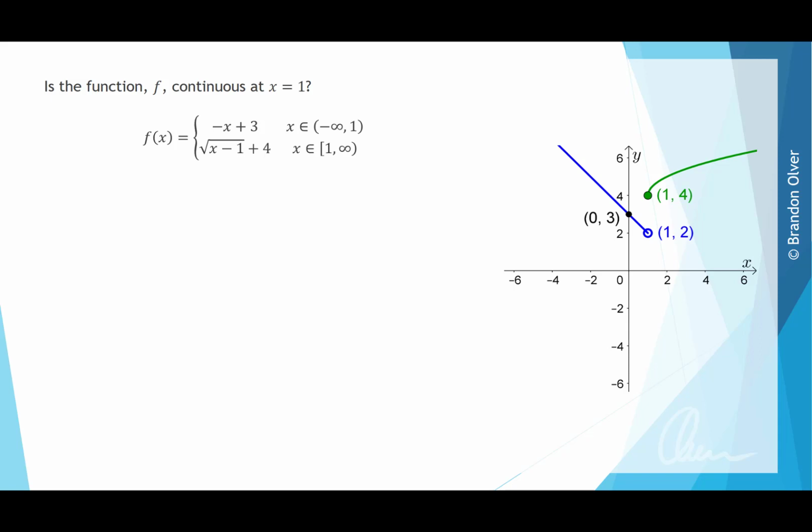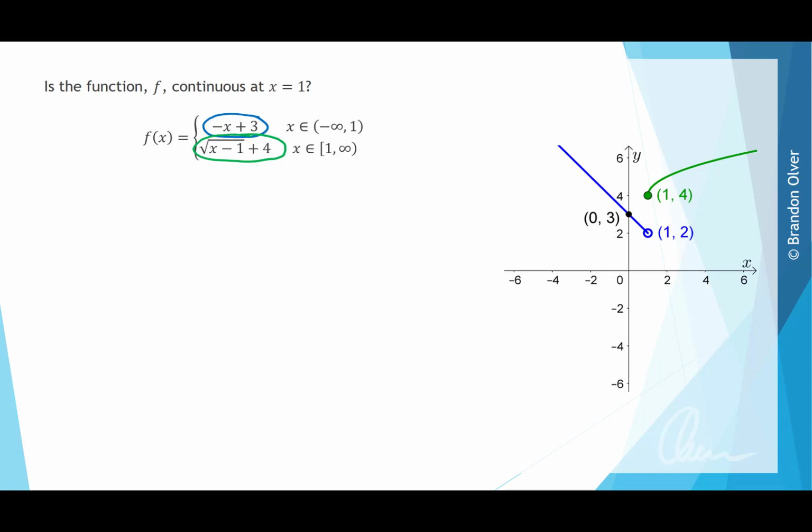Is the function f continuous at x equals 1, where f of x is the hybrid function negative x plus 3 for x is an element of negative infinity to 1, so that's the blue graph, and the square root of x take 1 plus 4 for x is an element of 1 included to infinity, so that's the green graph. For a function to be continuous at a point, we know that the left and right limits as we